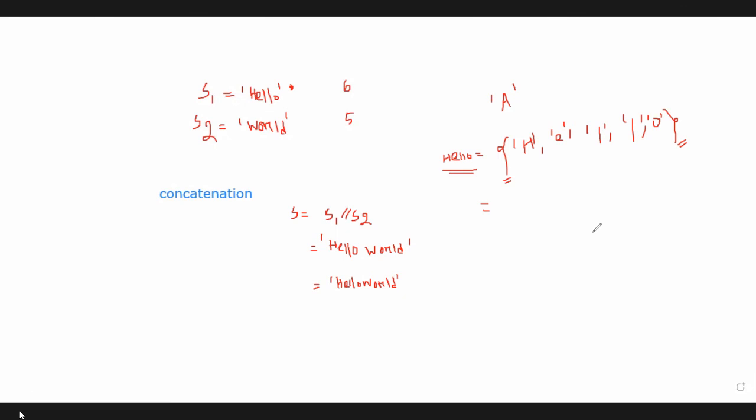What is the difference between the two types of declaration here? One is integer A[10] and another is character, suppose C[10]. A is also an array variable, and C is also an array variable. But what is the difference between them?